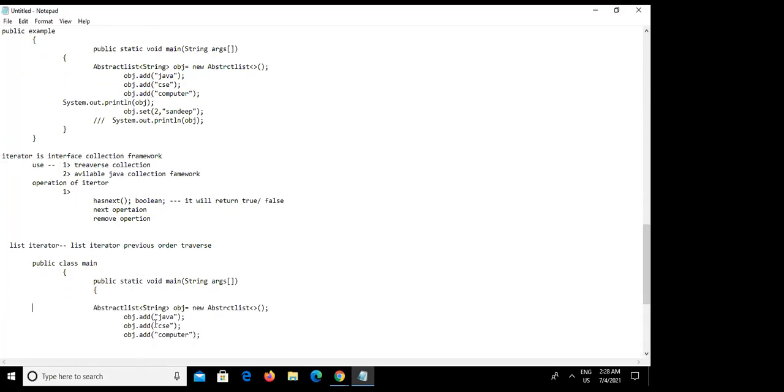So here is the abstract list, and array list.